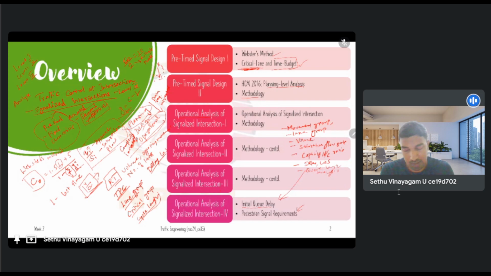So when there is no conflicting movement, we can use the different phases where there is no conflict for pedestrian movements to allot time for pedestrians crossing the signal. So here the major considerations are the time taken for